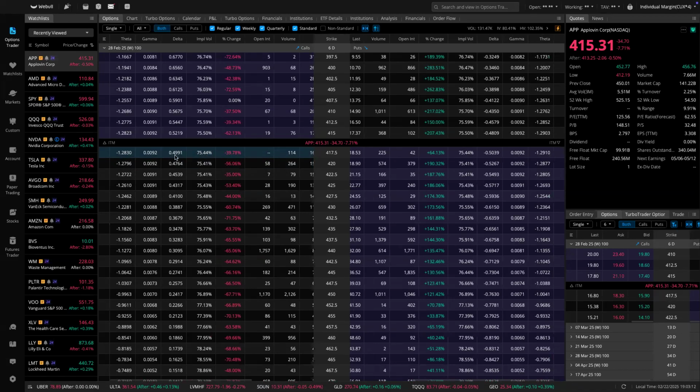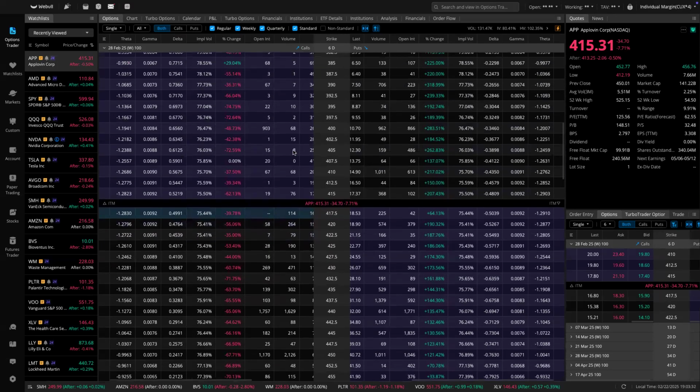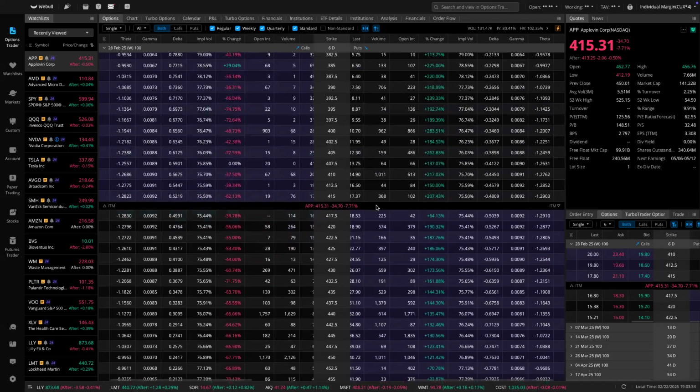The delta is 49. So each time for that week, each time the stock moves $1, the option moves about 49 or 50 cents. If it goes to 420, the more it moves, the more my money is worth. The same way too, the more it goes in the opposite direction, the more it takes money away from your